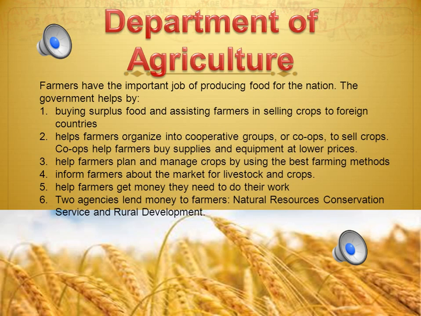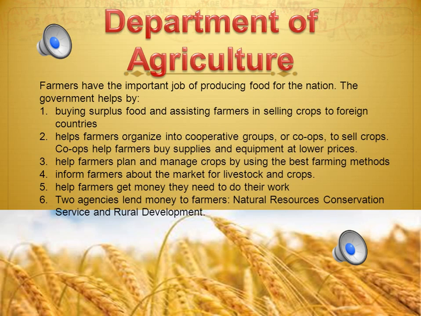The department also helps farmers organize into cooperative groups to sell crops. Oftentimes we call these co-ops, and they help farmers buy supplies and equipment at lower prices because the equipment can be very pricey. Many agencies within the Agriculture Department help farmers plan and manage crops by using the best farming methods. These agencies inform farmers